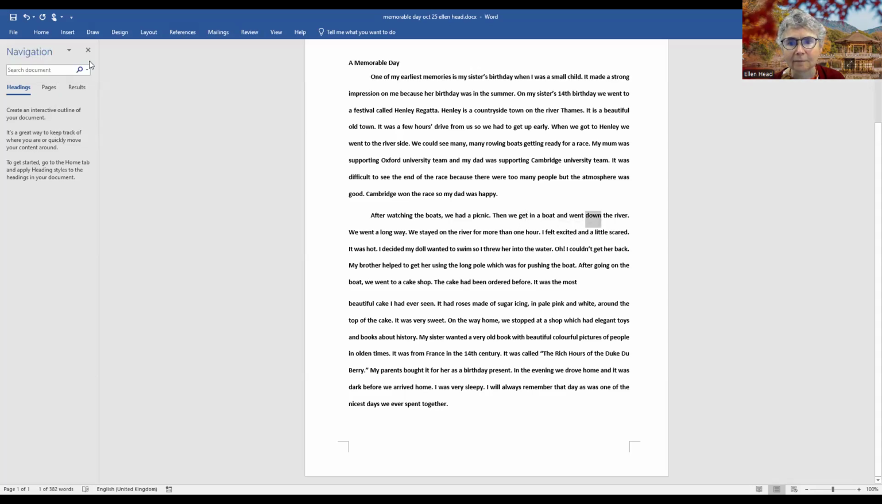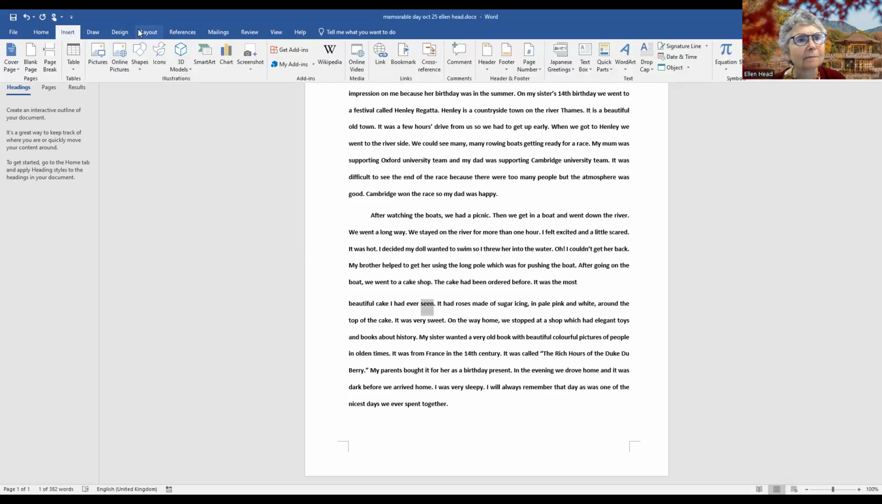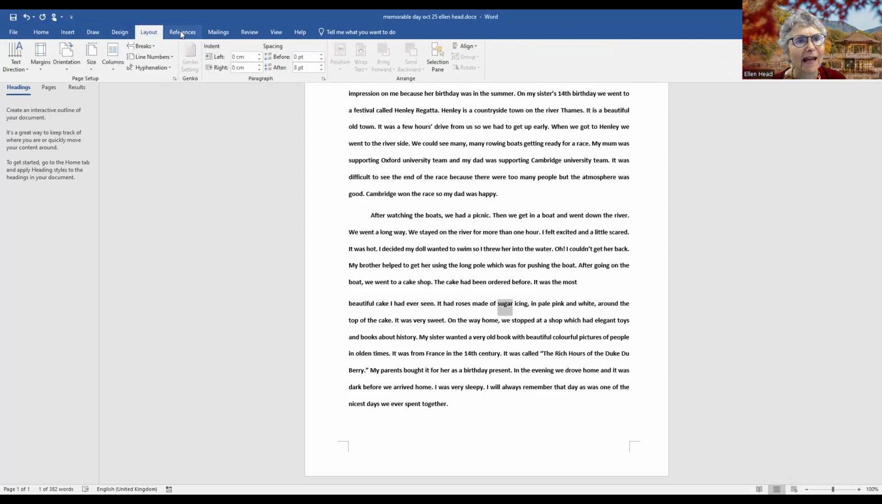We went along there. We stayed on the river for more than 1 hour. I felt excited and a little scared. It was hot. I decided my doll wanted to swim, so I threw her into the water. Oh, let's pause on that. My brother helped to get her using the long pole, which was for pushing the boat. After going on the boat, we went to a cake shop. The cake had been ordered before. It was the most beautiful cake I had ever seen. It had roses made